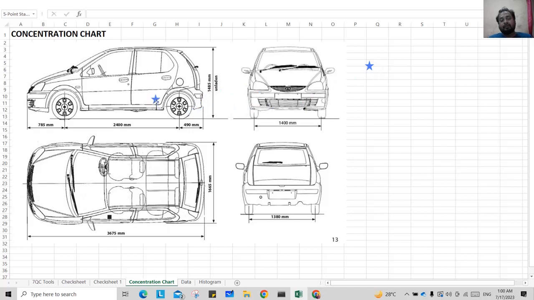Like, say, the first scratch was found in the rear left hand door. So I will put it like this. Then second was on the bonnet. Then third was at the windshield screen. Fourth was again at this door. Then you have to actually populate it, so that it will give you an inference where the problem